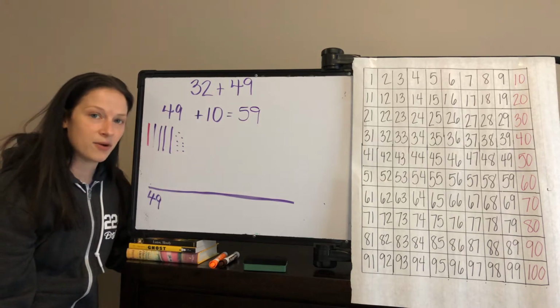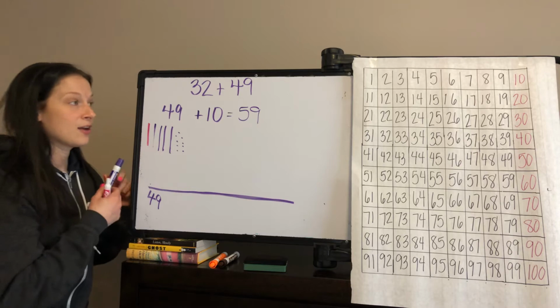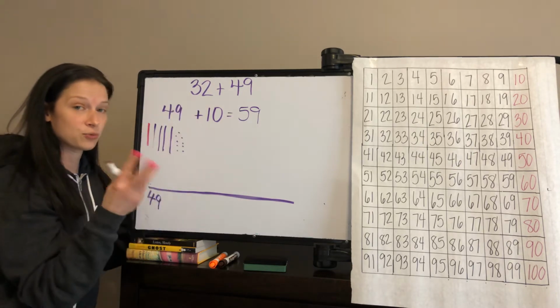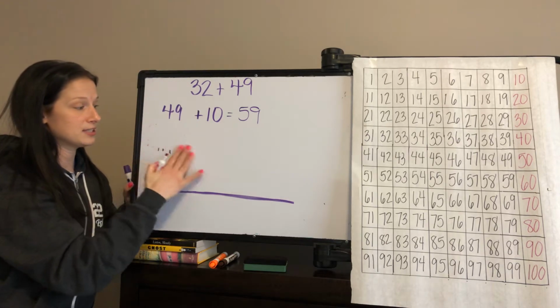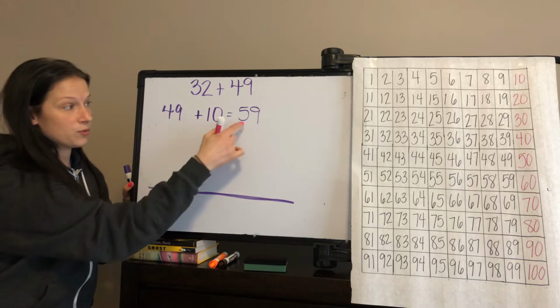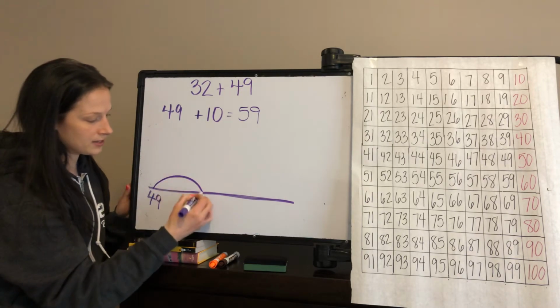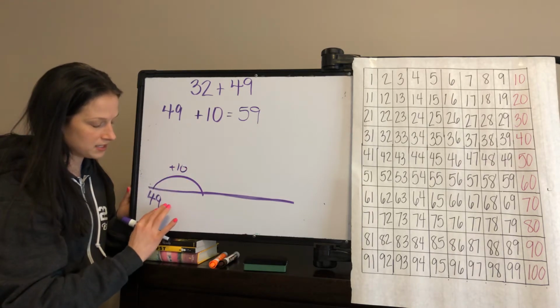And then we think about, how many times do I have to add 10 to 49? Well, we look in the tens place, and we know that we have to add 3 groups of 10, or we're adding 30. So let me erase this here. And so we're at 59. I'm going to illustrate it down here also. So on the number line, we added 10, 49 plus 10. The ones place doesn't change,